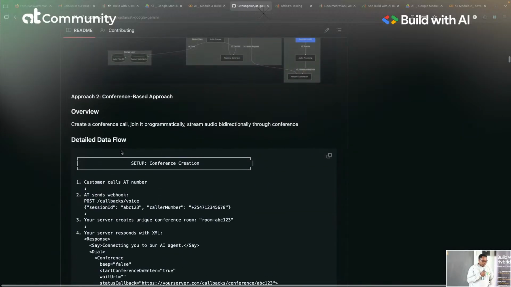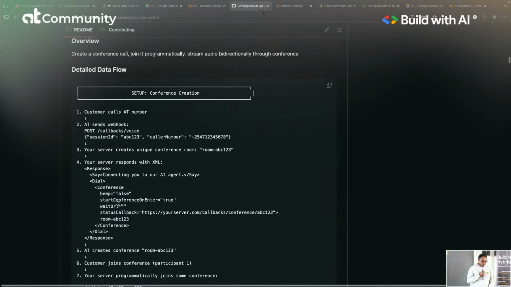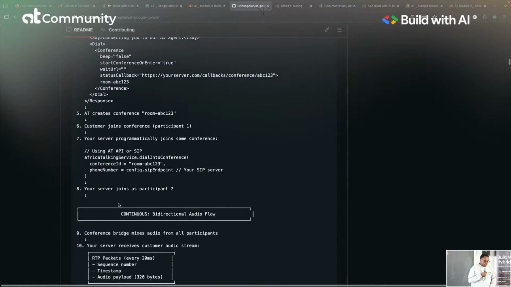So we can review this step-by-step journey again. A customer will call AT. AT will send a post to your webhook. Then your server will respond back with an XML for creating and joining a call conference. So we'll create